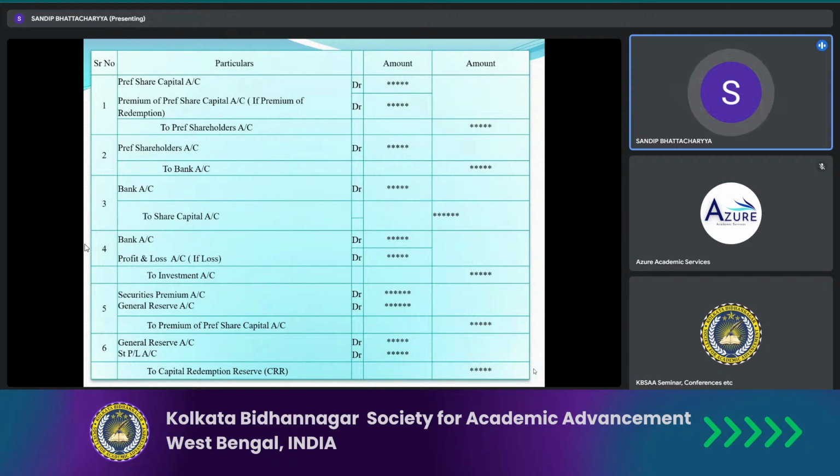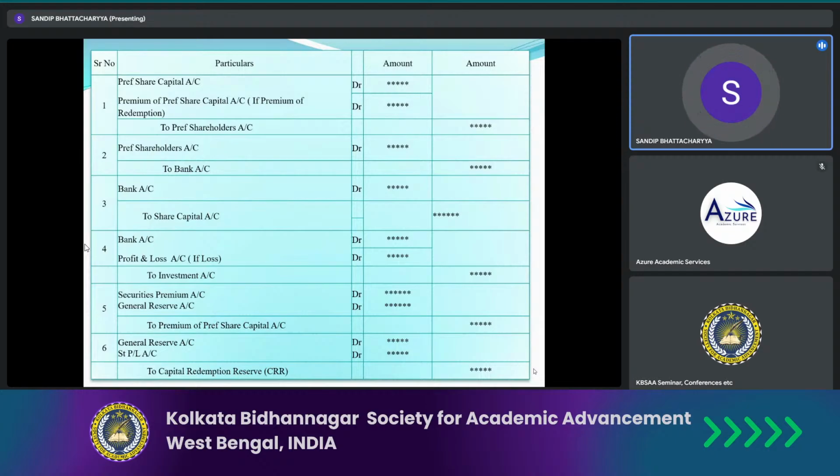So this is bank account debit to share capital, or bank account debit to the new category of share capital. So journal entries number 1, 2, 3, I think this is clear. Next I come to journal entry number 4. You can see the investment account is credited. Why, sir? Because you may have a non-current investment as well as a current investment, whatever the category of investment in your company balance sheet.